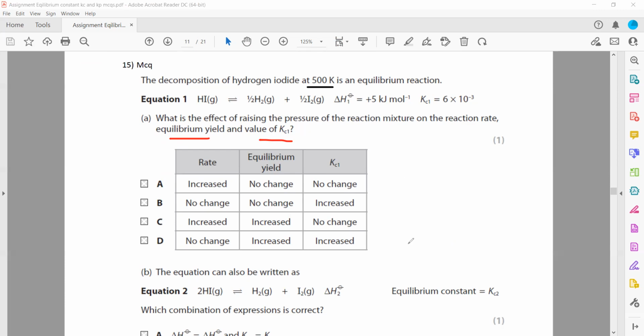Like if we change the temperature, the value of the Kc or Kp will change. So options which say no change should be the answer. Then, if the forward reaction is endothermic and we are just changing the pressure, we have to check the moles of the gas. So when you check the moles of the gas,